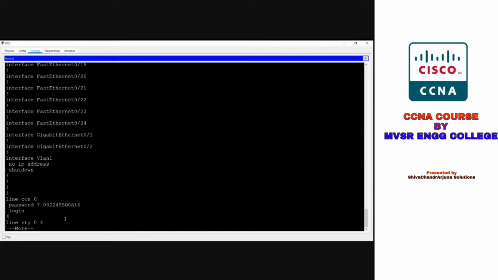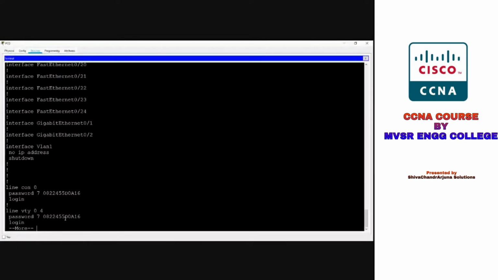Next, line VTY. What is the password I am using for line VTY? For interface FastEthernet, I am using the ports VTY from 0 to 15. I am securing my ports here. Generally in a lab, how many systems do you have? In CST, lab 2 or lab 3 or lab 4? 36 systems.